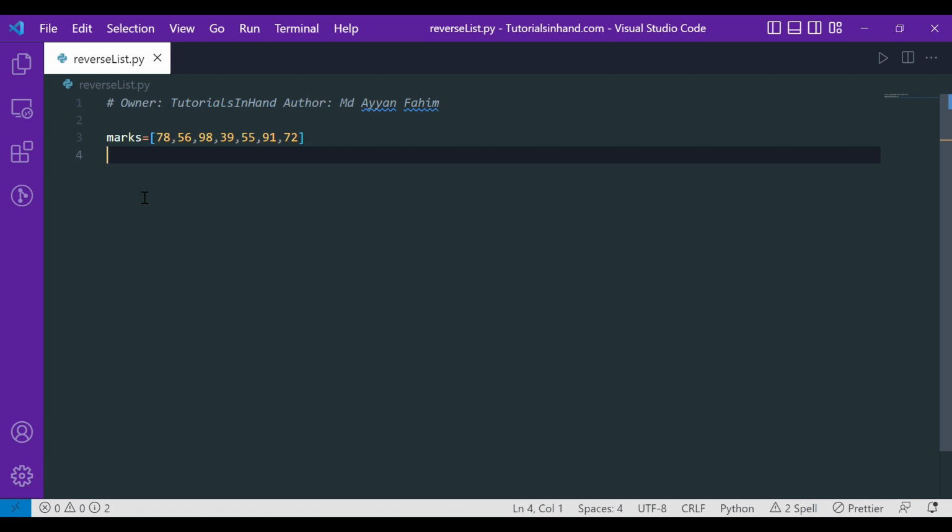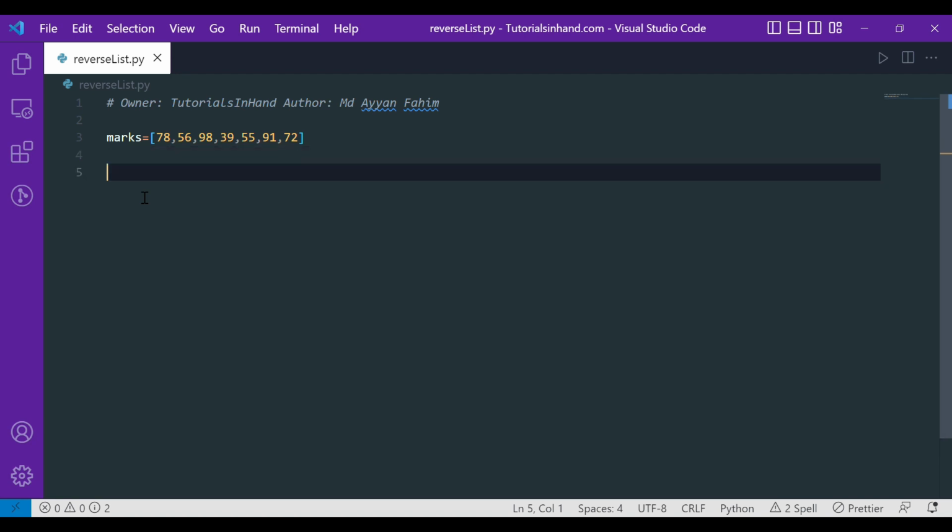So first of all, let's see how exactly the syntax of slicing looks like. In that we have to first of all give the list onto which we have to perform slicing. Then it accepts three parameters. Firstly it's called start, then stop, and then the step. So start basically represents the index from where we have to start. Stop represents the index at which we have to stop,